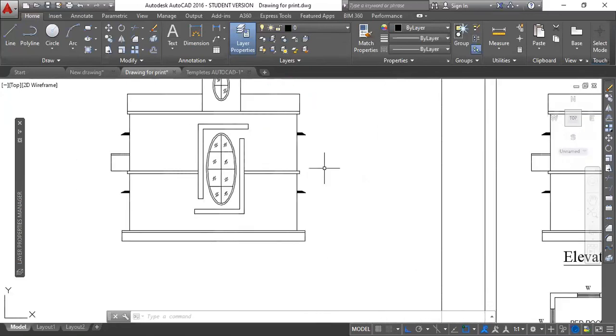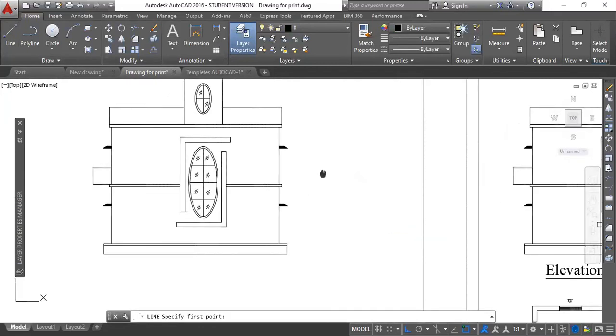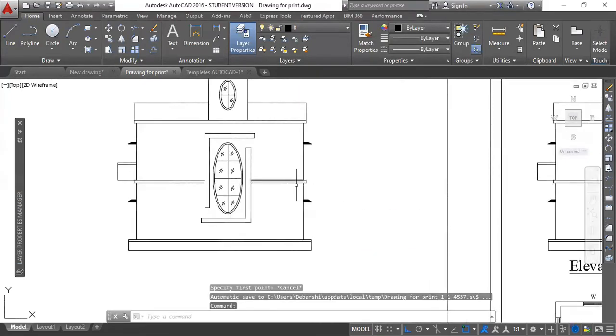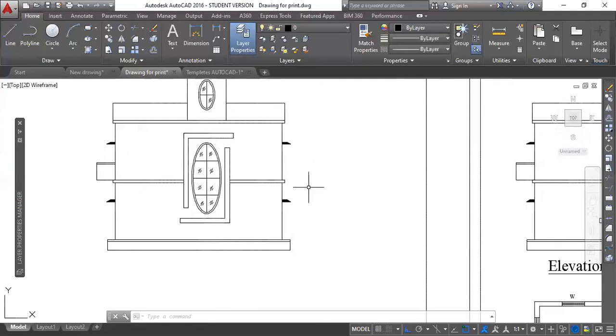So this particular drawing is not to scale because it was provided for the drawing. So suppose you know that your floor height is, because if I had the dimension proper here, I could have drawn an exact line of the height of the tree.